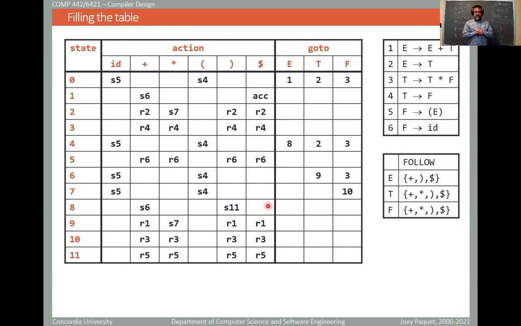This was a presentation about the SLR method. As I've hinted at before, the SLR method is the most simple. Not that the other ones, CLR and LALR, are way more complex. It is roughly the same thing, except that there are some discriminants being used inside of the generation of the item sets, so that it will somehow avoid some conflicts, either shift-reduce conflicts or reduce-reduce conflicts. So we're going to see that in the